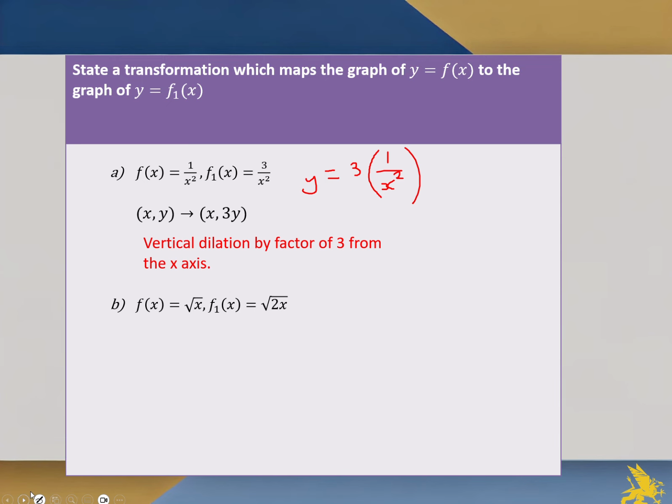Likewise, if I look at my new graph for b, f of x is equal to square root x, and my new graph f1 of x is equal to square root 2x. So straight away, I know I'm talking about a horizontal dilation, but as I said before, because it's a number next to x that is bigger than 1, it is going to be a compression. So we always need to think about that in terms of